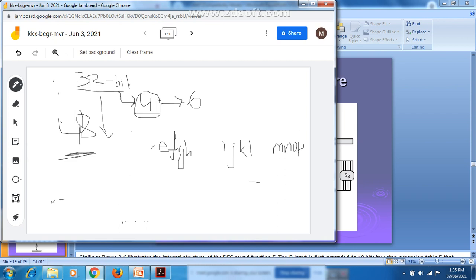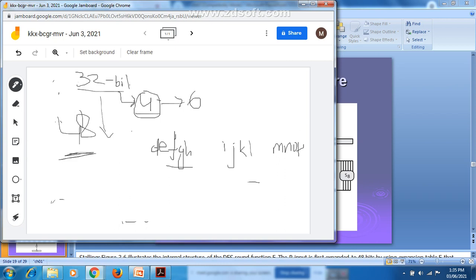For example, I will take E, F, G, H as the first group. The second group, for example, contains I, J, K, L. The third group contains the following characters. For example, I will take only 3 groups. To make each into a 6-bit group, it will add the outer bit from the adjacent groups.